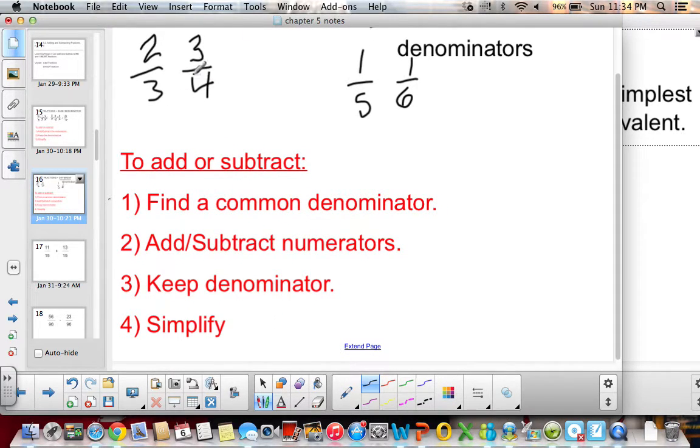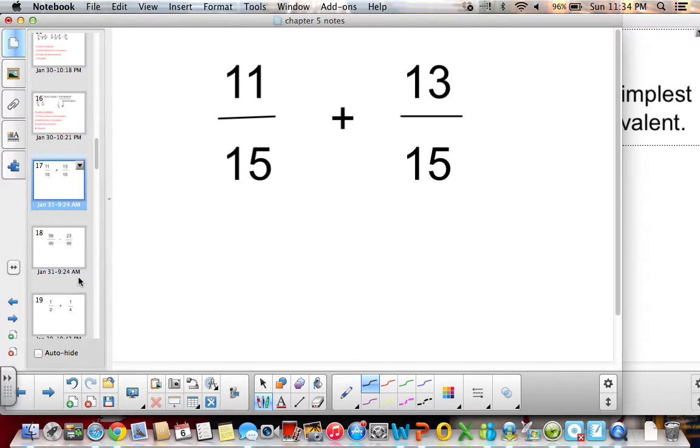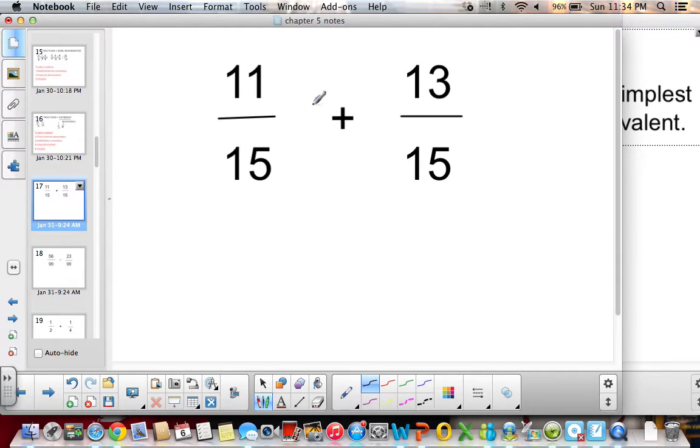So instead of doing it right here in this little area, I'm going to wait till we have more room on the page. So here are some examples that you might want to pick and choose a few of these to write down. 11/15 plus 13/15. So these are like fractions because we have the same denominator. 11 plus 13 is 24. And then we keep the denominator, so